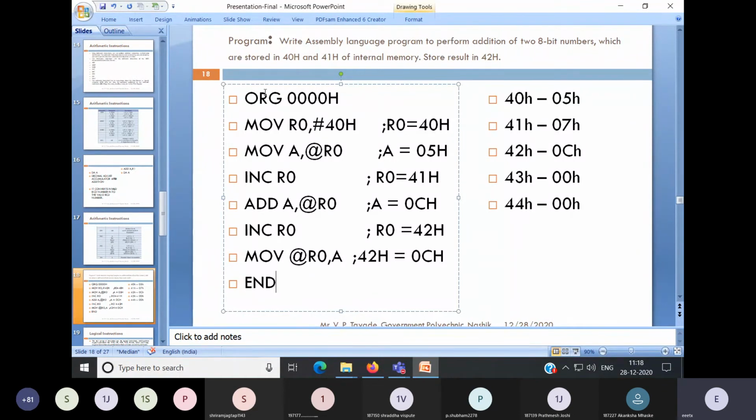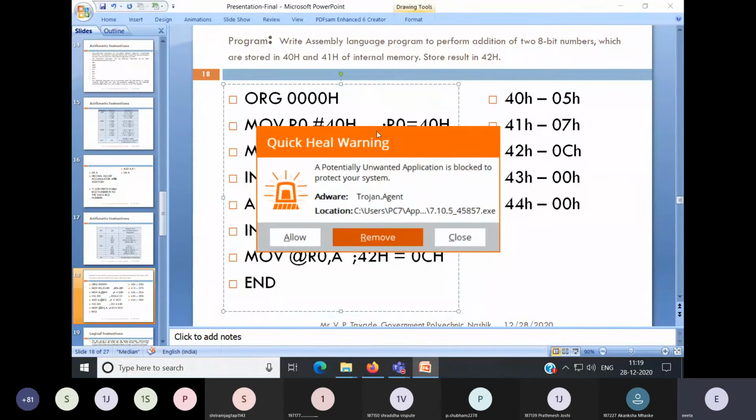You can directly perform the operation. Again, see, initially ORG 000H, because we have to store our program into the program memory starting from 000H address. That's why I'm writing ORG 000H. The second instruction is MOV R0, #40H. I am taking R0 as a pointer because I have to increment it. Correct?